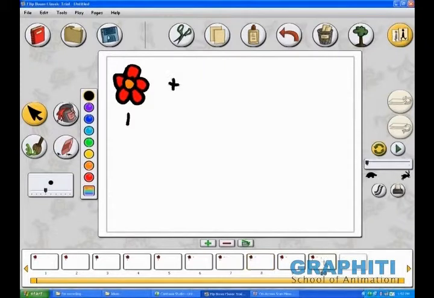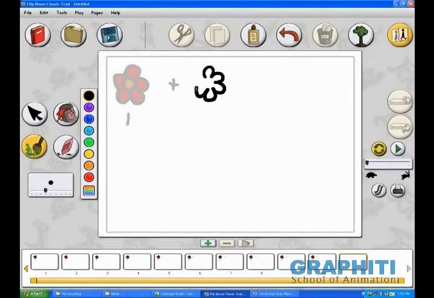Now comes the third element. The third element which we want is another flower. So similarly, I'll just add another element over here. Let's select this, and now what I want is in this particular frame, I need to even keep the early elements, that is my flower, the 1 and my plus.